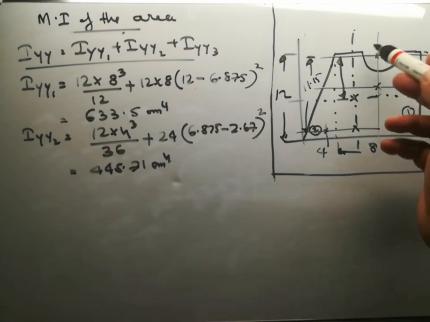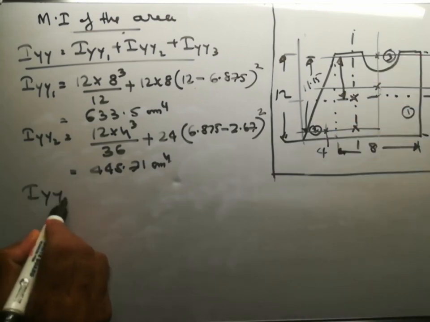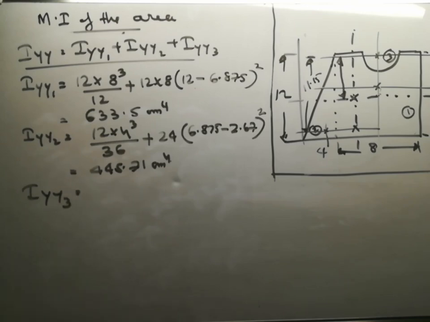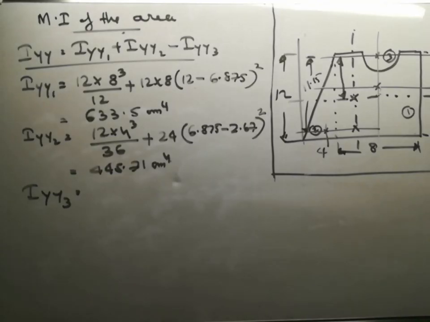Now we have another one. It is Iyy3 that is to be subtracted. That we will do in the equation. Here it should be minus. Iyy3 should be subtracted because that portion is not there. That must be subtracted. So for this we have